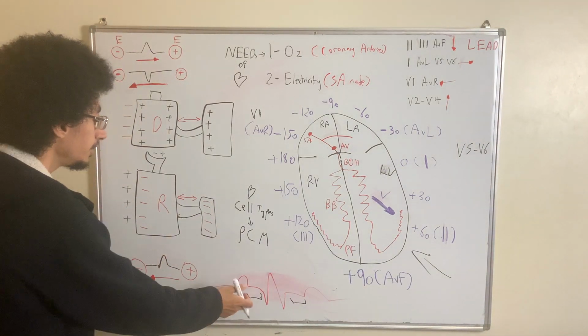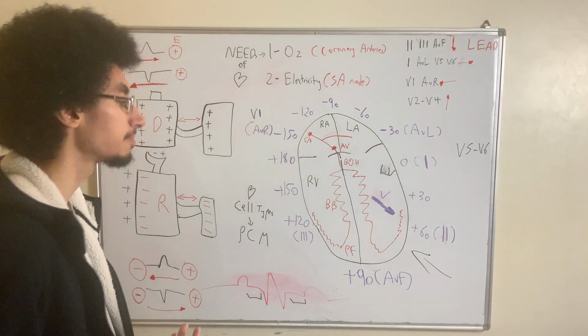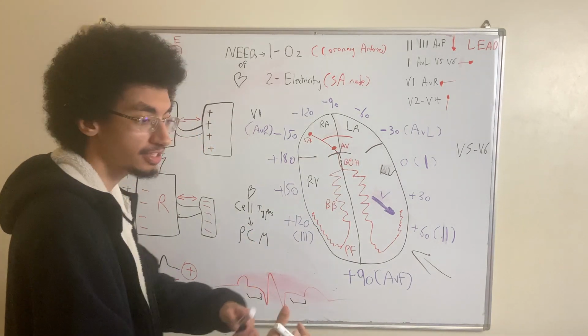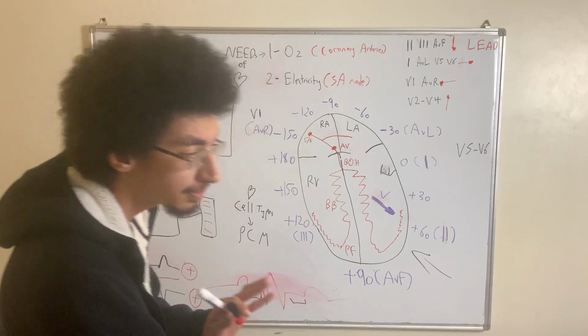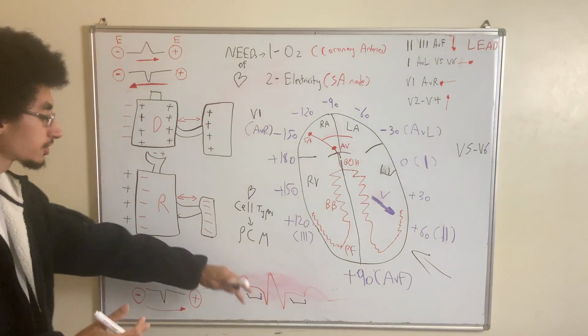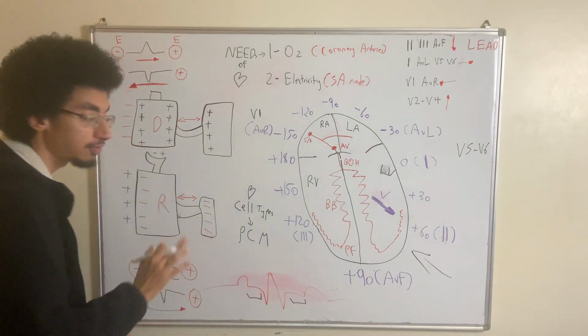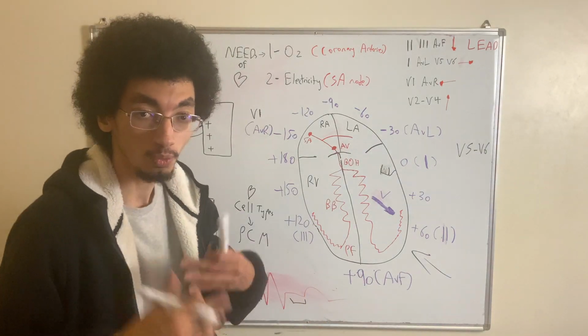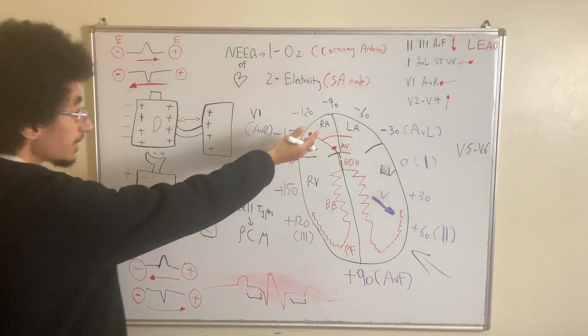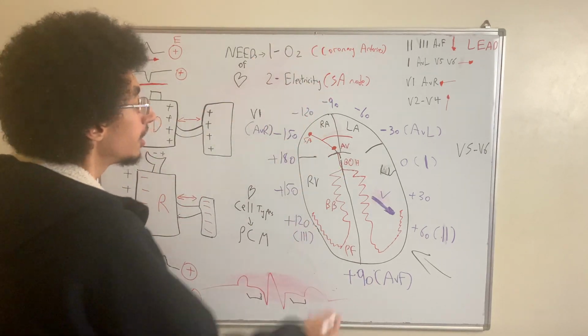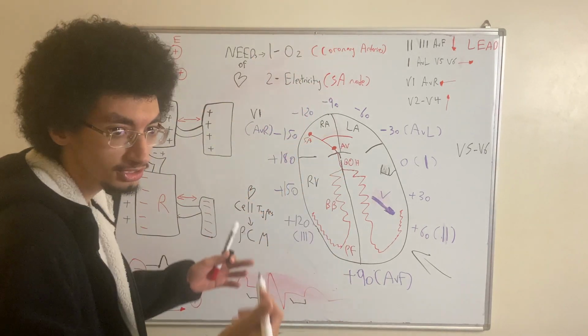Of course, we need to know these things because these segments can be prolonged, and at the same time can be shortened. Some of them may be elevated, some of them may be depressed. They should be flat. These segments should be flat. Why? Because if you revise the story we mentioned before, from SA node to AV node and whatnot,